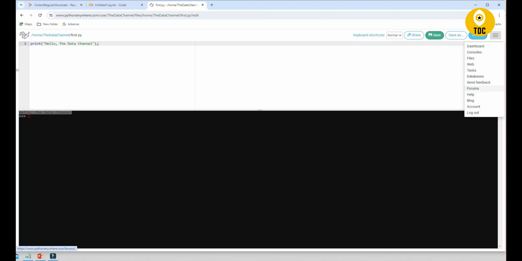There are other options here like dashboard, consoles, files. Databases is also one of the things we were talking about. There is built-in support for MySQL and PostgreSQL databases. You can go and explore that. You can also schedule jobs. In tasks, you can schedule jobs to run at a specific time on a schedule basis. Python Anywhere has the advantage that it simplifies the process of deploying and hosting web applications,